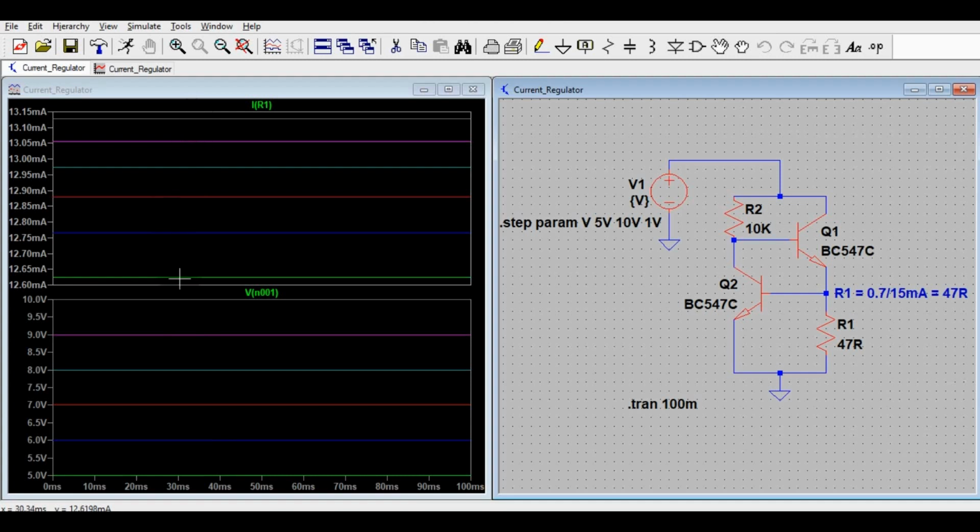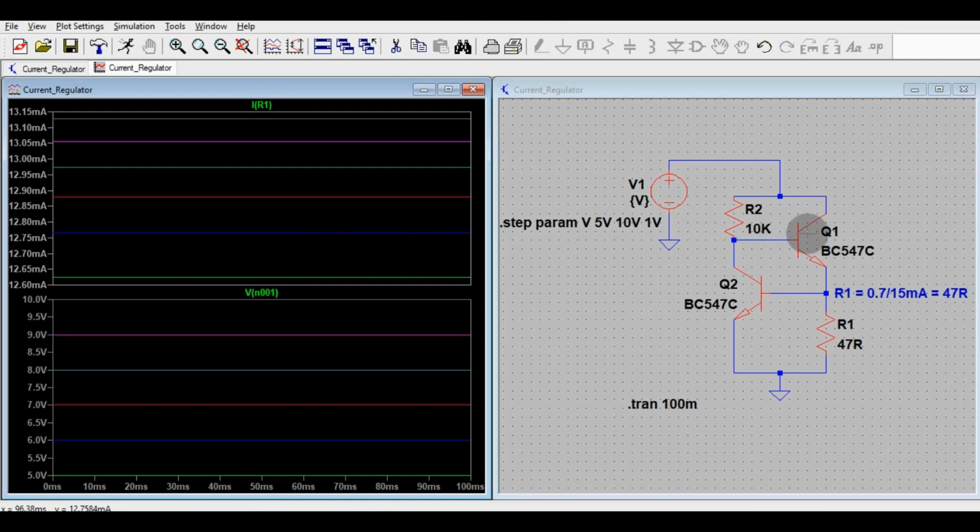So you can see here current is 12.6 and here current is 13.1. That means with the increase of 5 volt input, you have only 0.5 milliampere current increment. That means this transistor is working in a current limiting circuit, a current limiting device. So let me show you the power across this transistor. So how is this transistor working in a linear region?